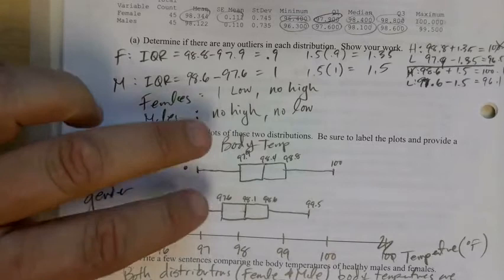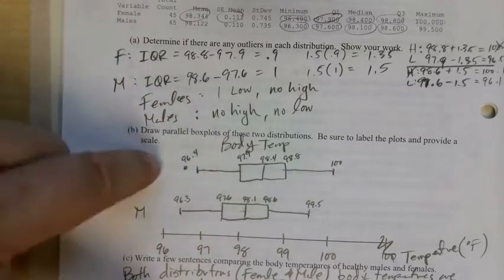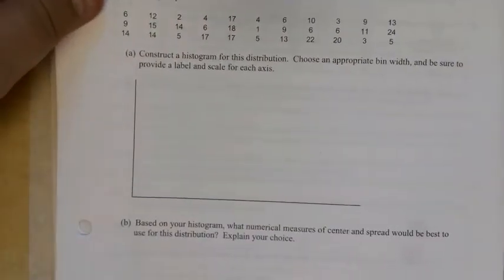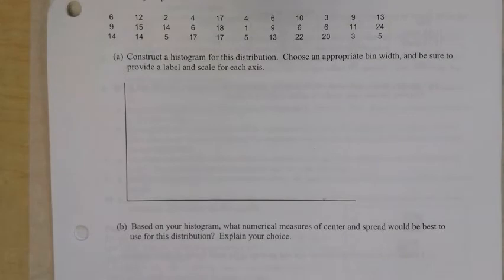You have to label the difference. They have to be able to look at that and say, oh, this is the one, this is the other. Okay? Labels, labels, labels, labels. I can't emphasize that enough. Easy thing to get points for, easy thing to miss. In fact, if you put the labels without the graph, you might even get a partial there. I don't know. It's going to depend on the rubric.